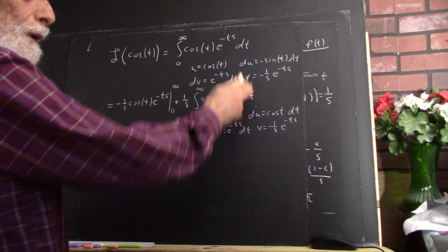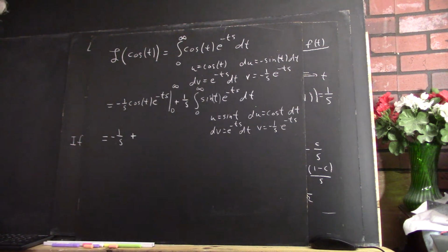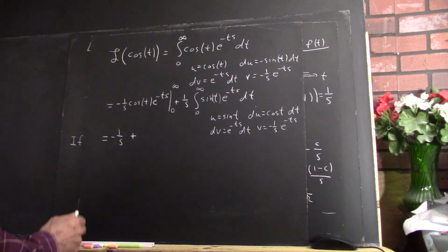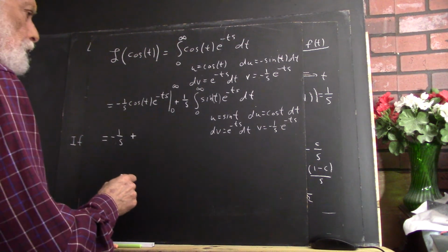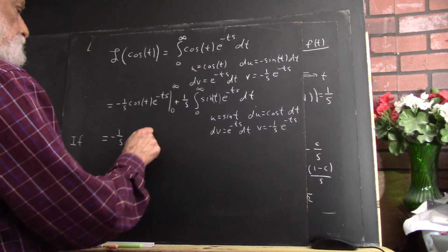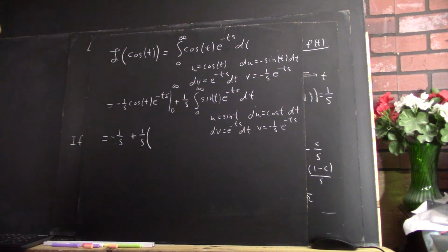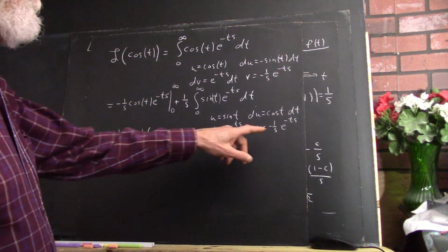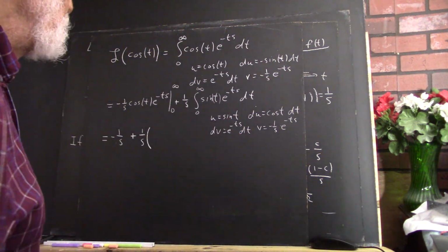Again, like I say, we get kind of used to this. Okay, so then we're going to have negative 1 over s plus 1 over s multiplied by the uv, which is,